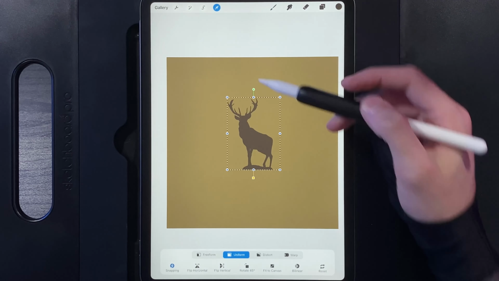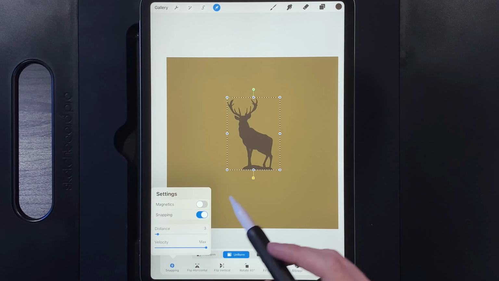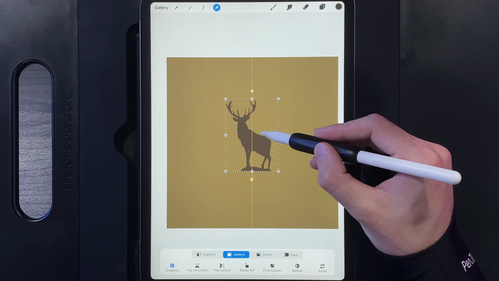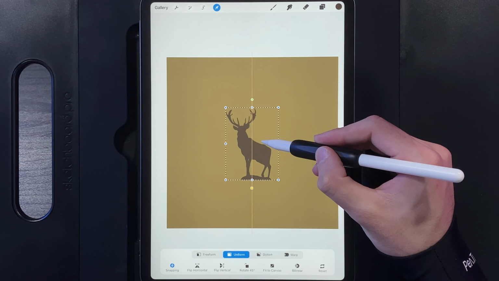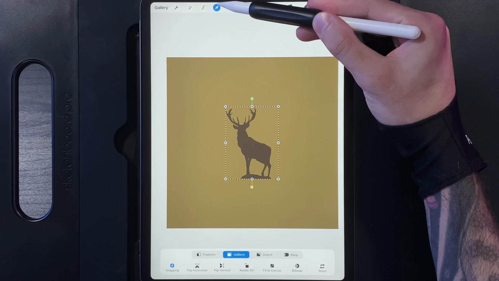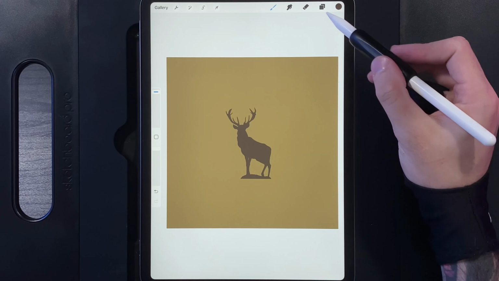We're then going to grab our cursor. And if you make sure snapping is turned on here in the bottom left hand corner, we can drag this into the center and we should eventually get some orange bars both horizontally and vertically to let us know our stag is nice and centered and we have it in the middle of our canvas. So if we then tap on our cursor when we're done,